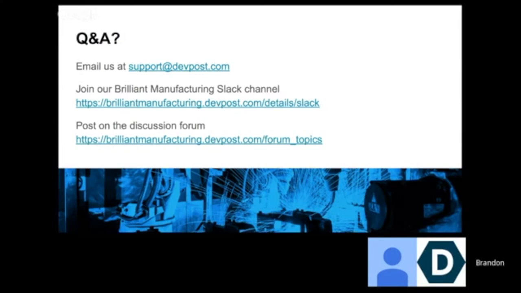Well, there is judging criteria on the competition homepage at brilliantmanufacturing.devpost.com. There are criteria that are stated for the idea round. There are 4 different judging criteria for the idea round, and then there are 4 criteria listed for the build round. They are very similar, but there's a little bit of language change for them. So let's just go over the idea round. There's the quality of the idea, the potential value to manufacturers, the potential use of Brilliant Manufacturing Suite, and the